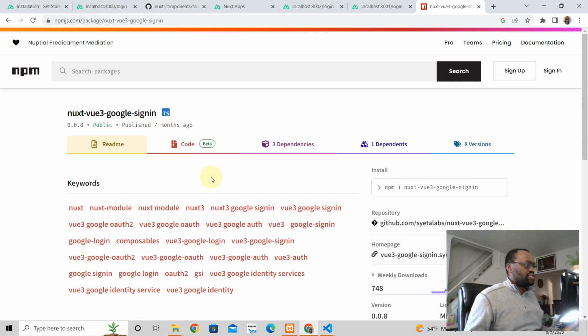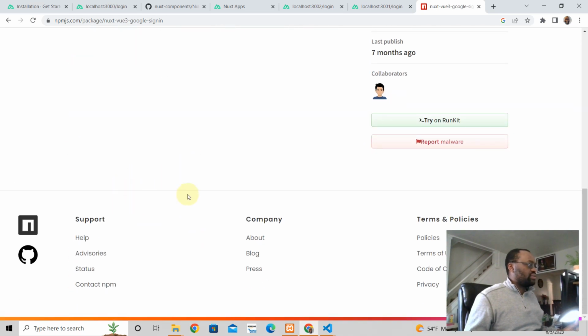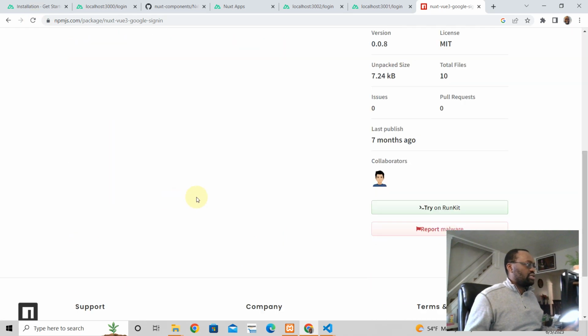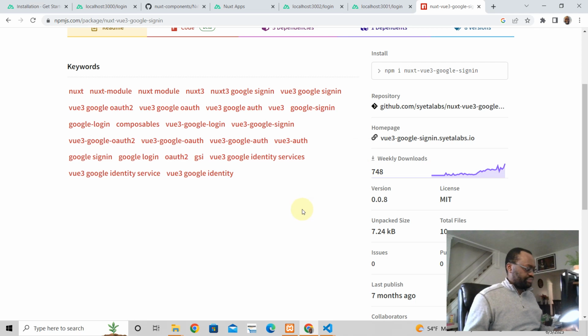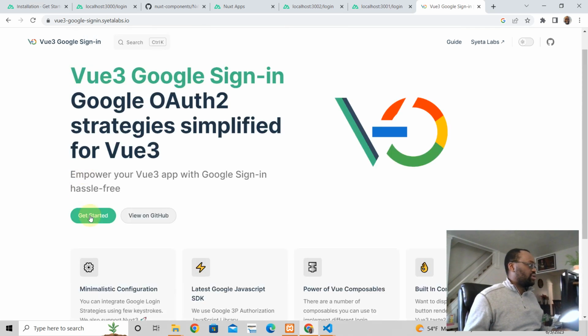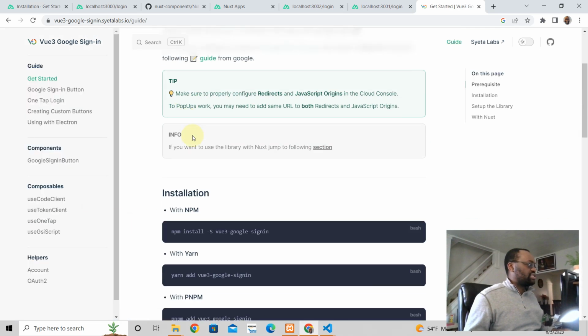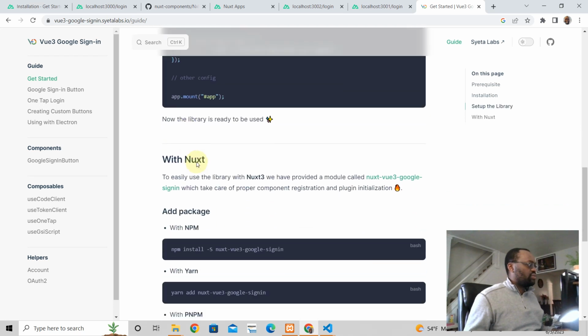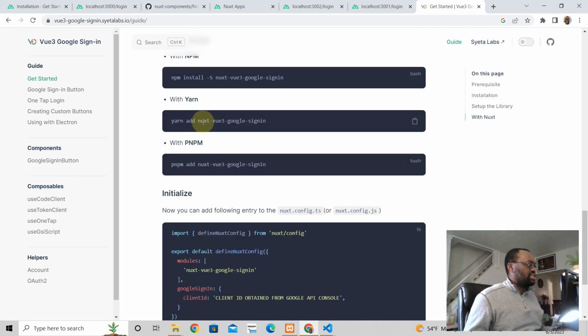So we're going to grab this one, and I need to refresh. I don't know why I'm not seeing the whole thing, but when you go to the home page, it shows what we're going to be doing here. When you get started, we're going to yarn add vue 3 Google Signin. With Nuxt, we actually need this one, yarn add. So we're going to do exactly that. We're going to copy that,